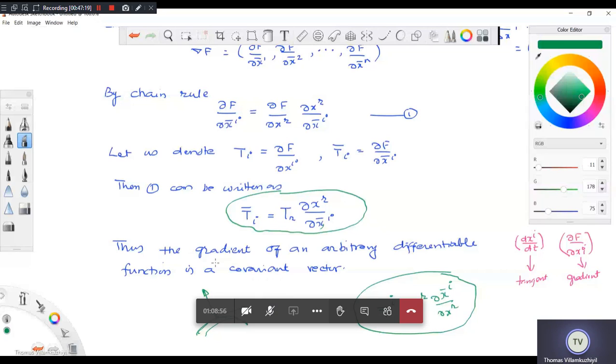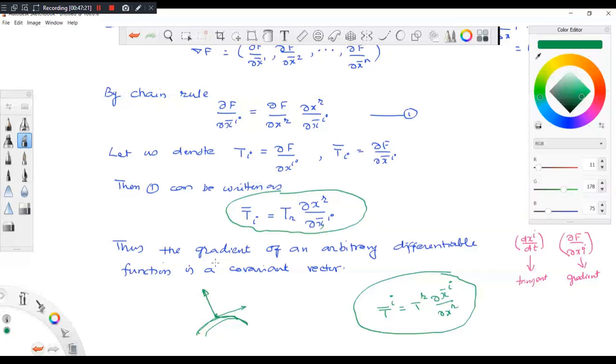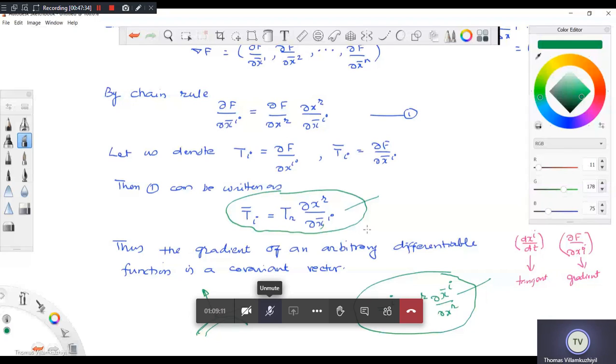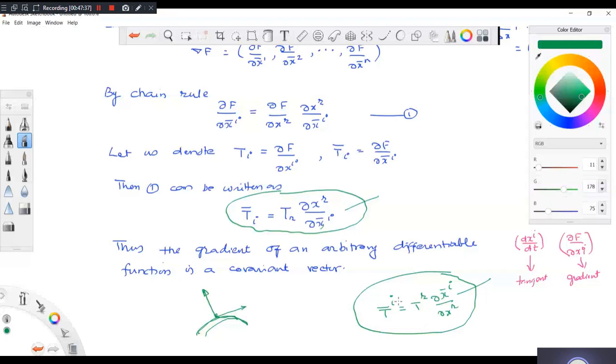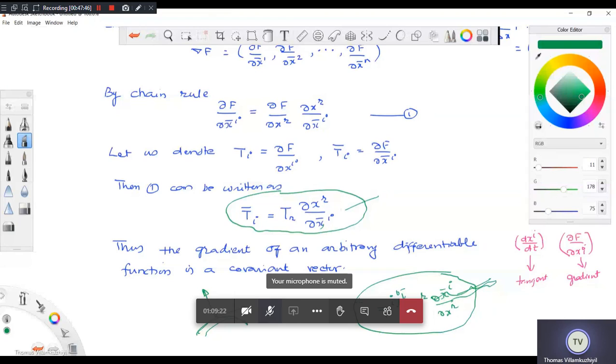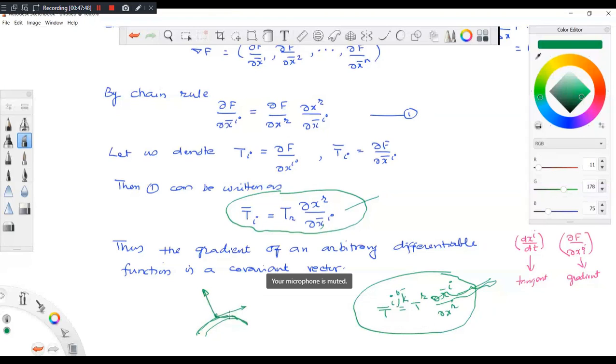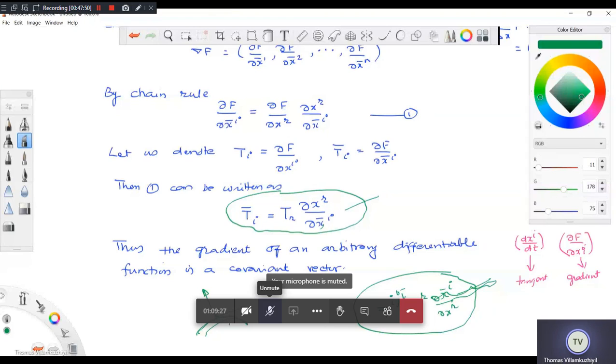Here what the definition says is that any vector transforming according to this law is called a covariant vector, a covariant tensor, and transforming by this law is called a contravariant one. Okay, its extension will be there. See, suppose you go to more dimensions, maybe ij, maybe ijk, then the corresponding right side will be entirely different. Okay. So the perpendicularity you can visualize in these 3 dimensions. That is what I am saying.